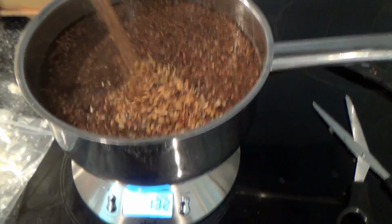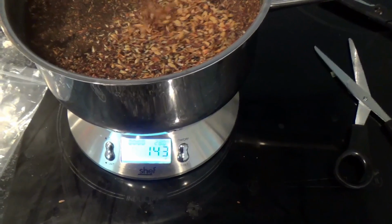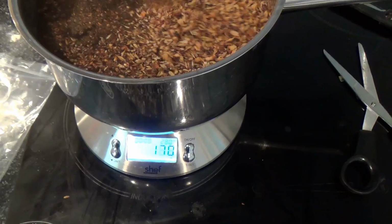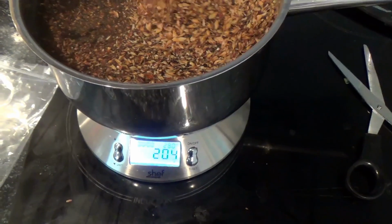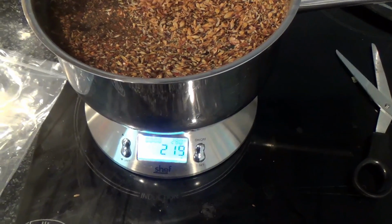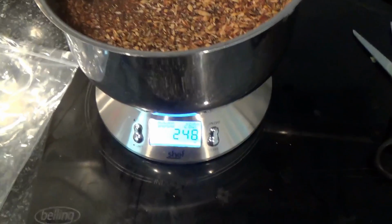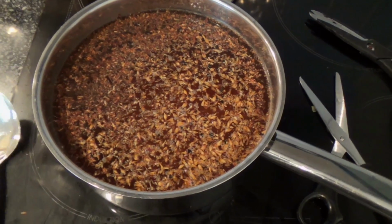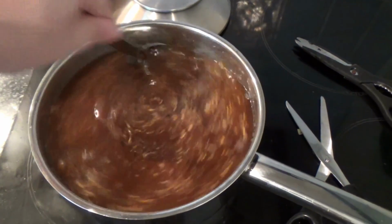So in goes the Crystal Malt, and we want to get that to 240. There or thereabouts, all the way up. We're a little bit over, but that's fine. I'll settle for that. Right, so what we do then is we'll give these grains a little bit of a